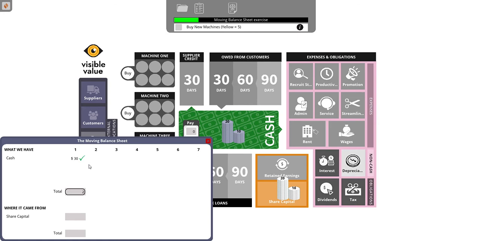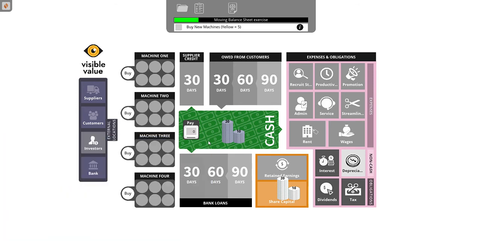If I put the wrong amount in, you'll notice that it's a red cross. So you'll always know if you put the wrong figure in. So I'll put 30 in there. Share capital, I've got 30 white coins in share capital, so I've got 30 there, and obviously 30 there as well. You'll notice that the flashing icon has stopped flashing now, which means I can close the moving balance sheet,